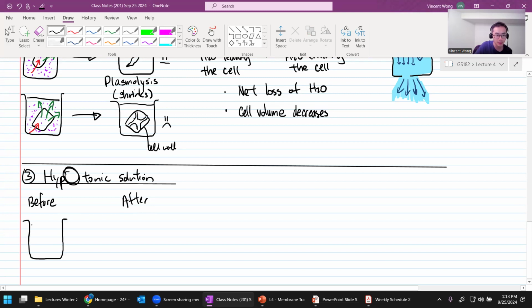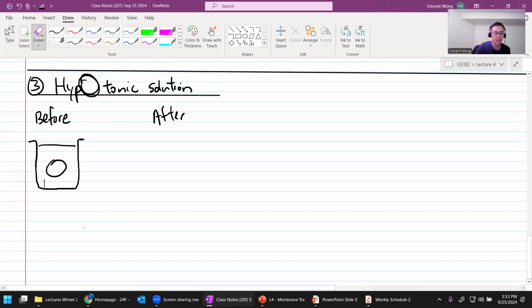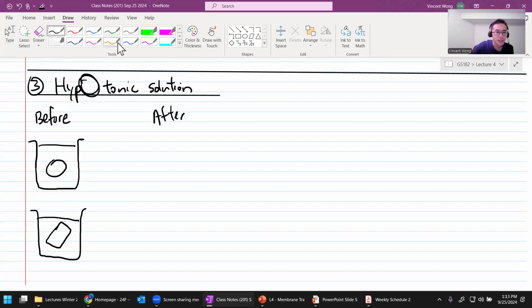We're gonna have our beaker, and we will pop in our animal cell, and we will do the same thing for the plant cell. Plant cell like that. So this time, hypotonic, it's below, as in the solution has less concentration compared to the inside. And again, I really hope you're doing this in color. And if you're not, please redraw it later with color. It will make so much more sense, okay? Otherwise, it's really